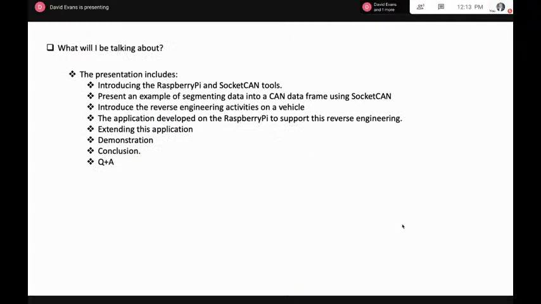So what am I going to talk about? The presentation includes introducing the Raspberry Pi and SocketCAN tools. I'm going to present an example of segmenting data into a CAN data frame using SocketCAN, introduce some reverse engineering activities on a particular vehicle, an application I developed on the Raspberry Pi to support the reverse engineering, and a cool way I extended this application, a nice little demonstration, a very brief conclusion, and then we can take some